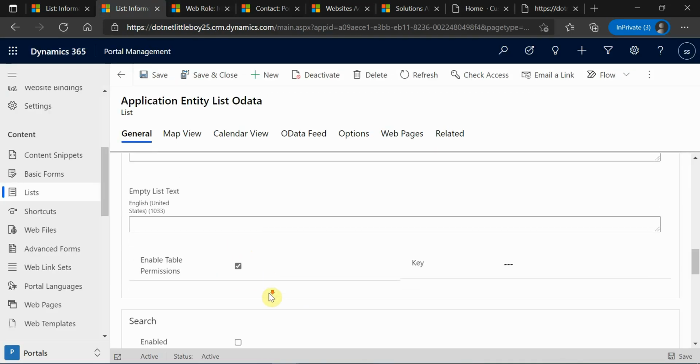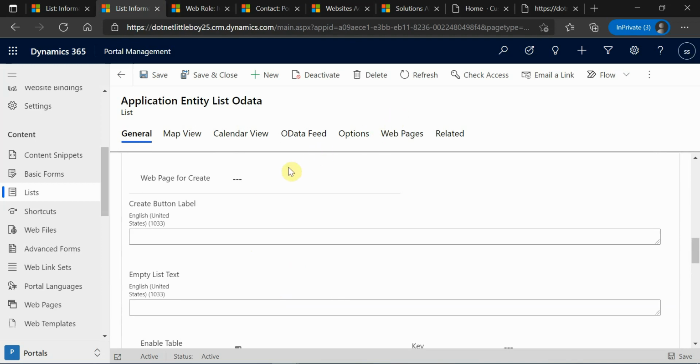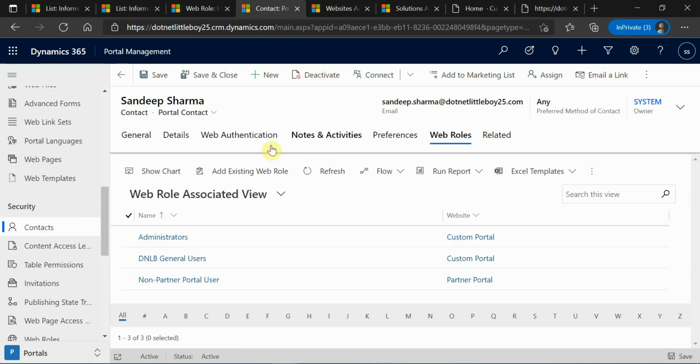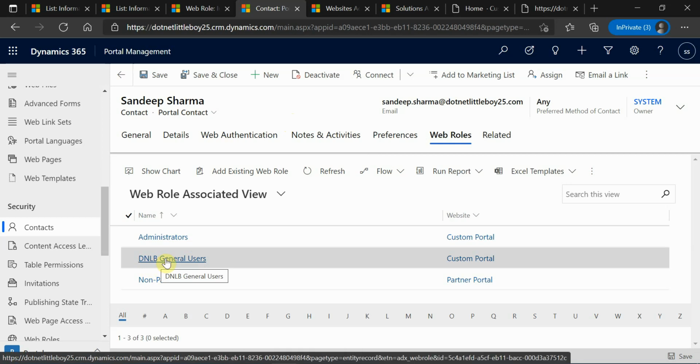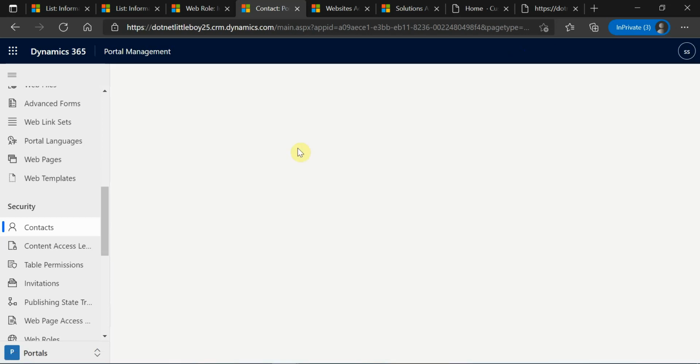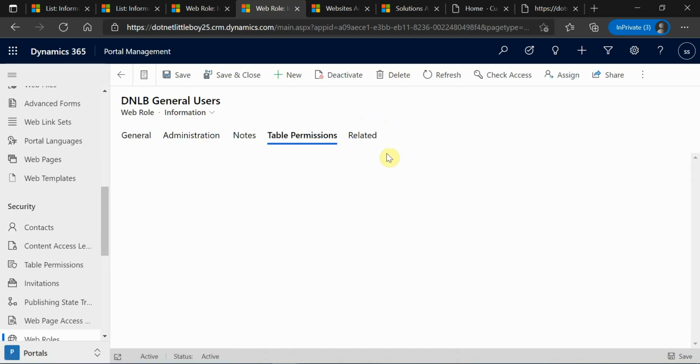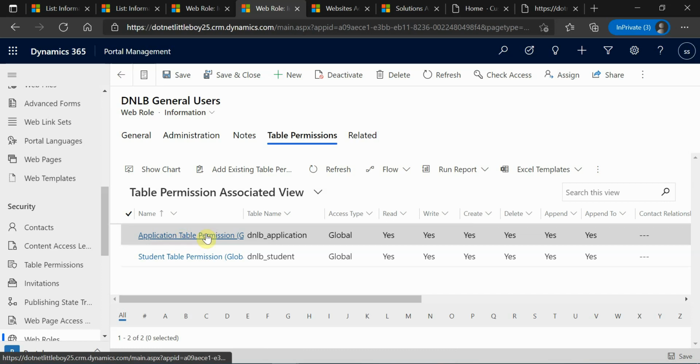So now to enable the permission, since I have already created the table permission in my previous video, in the table permission, this is the contact, I will try to log in. Under this contact, I had created one of the web roles, the DNLB general user, in my previous video. And under that web role, I have created the table permissions. When you go to the table permissions, you can see I have the application table permission.